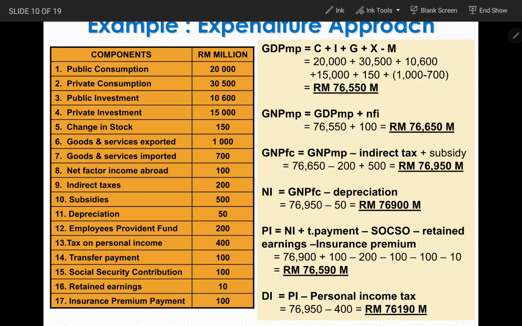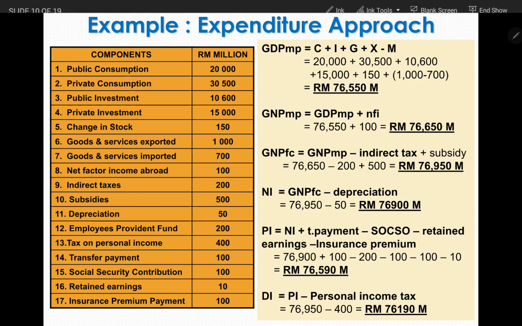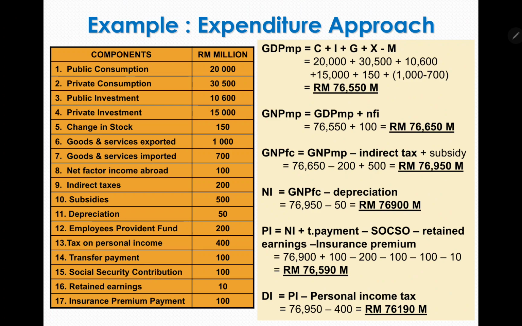Okay, next we go to another example of expenditure approach. Remember, expenditure approach always starts with GDP MP equals C plus I plus G plus X minus M. Before you answer, go through the items and identify. Public consumption, I will denote as E because it is under the first formula